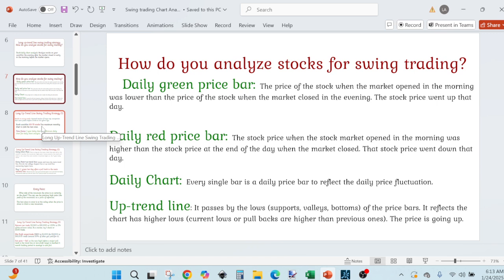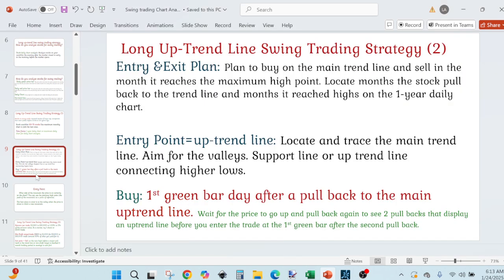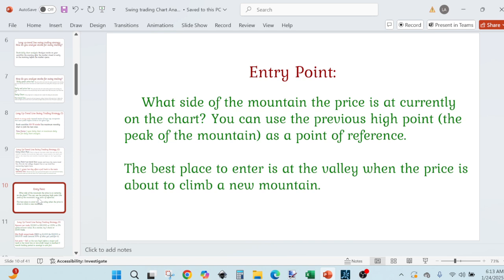The green bars on the chart are when the price went up, and the red bars are when the price went down. You swing trade on a daily chart. And like we have those purple lines, you trace your support line or uptrend lines and mark them, the one that you like to buy at. And when the price falls back to the trend line and starts going up, after you see a few higher lows, you can buy. And just